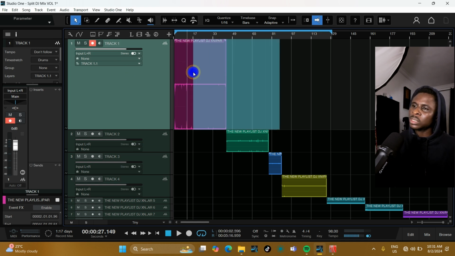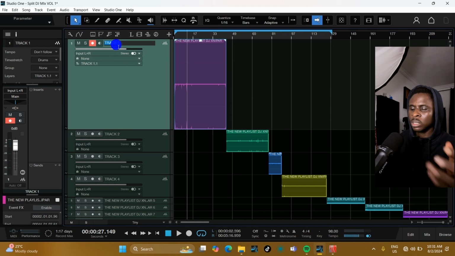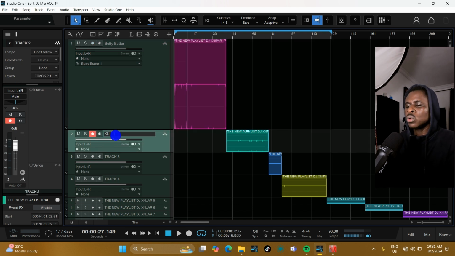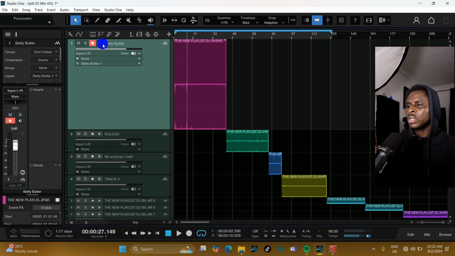And then select this one now. If I don't name this one, someone might just say this one is maybe Betty Butter. Then we call this one Kulosa. Now we don't give this one Betty Butter. What we will just do now, come here